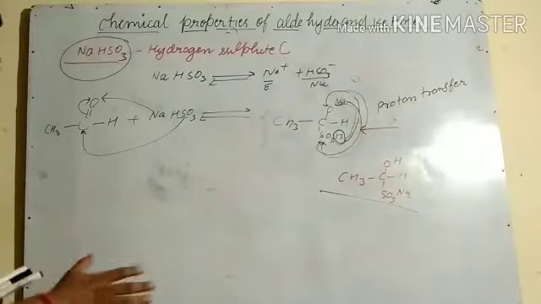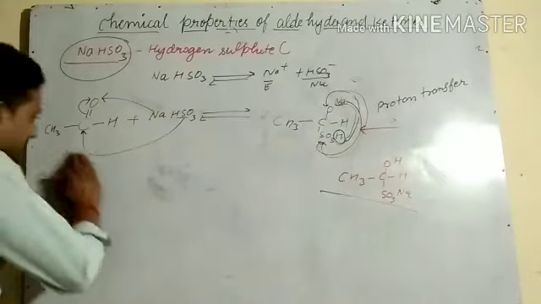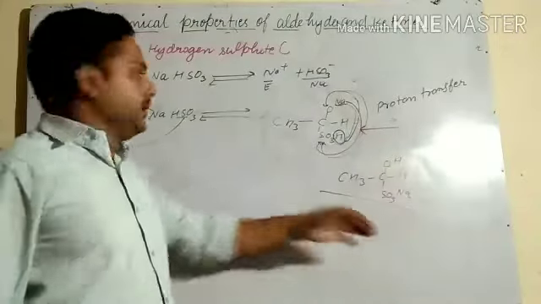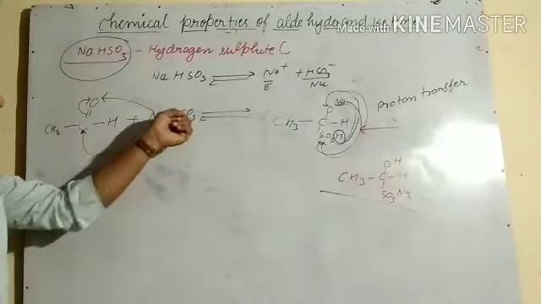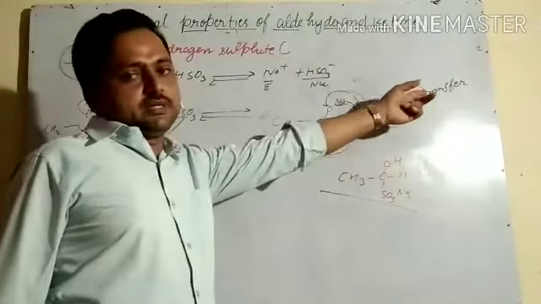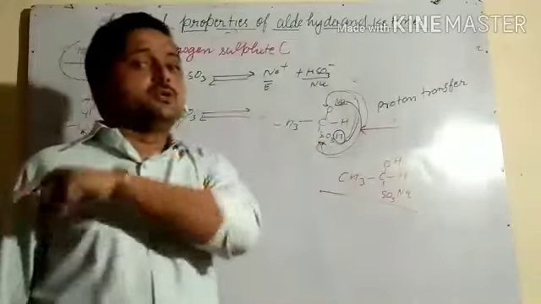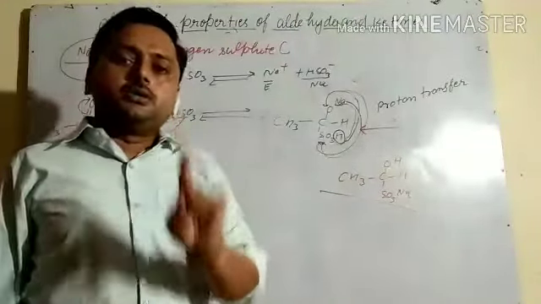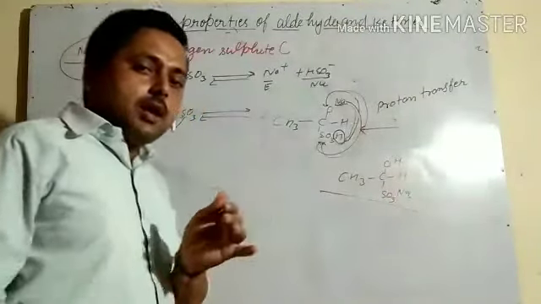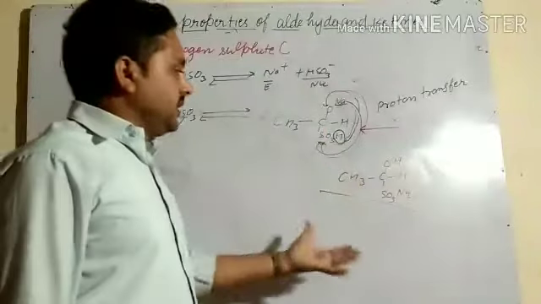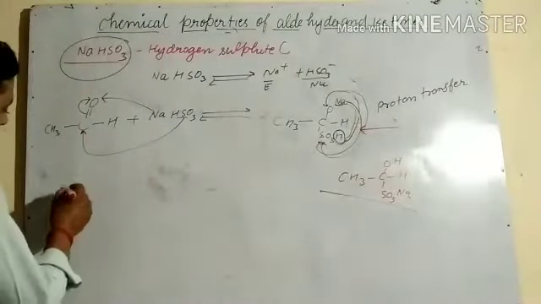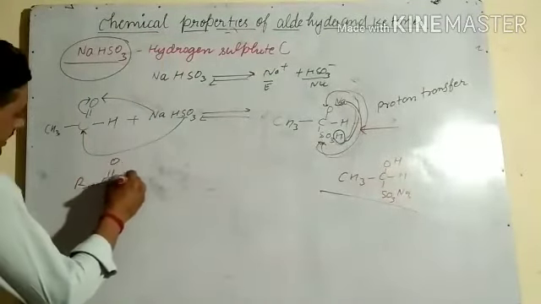So sodium bisulfite is used. What we discussed here: if sodium bisulfite reacts with aldehyde, we get this product. First, that group is added to this and this to that, and proton transfer takes place and we get the product. But in case of ketone, due to steric hindrance, if mineral acid is added to this reaction, the reaction reverses, means we get the product but immediately it reverses.